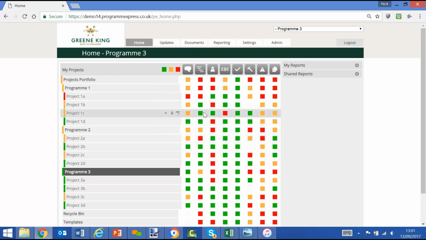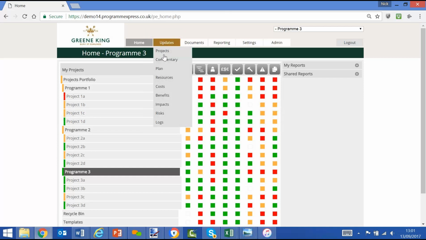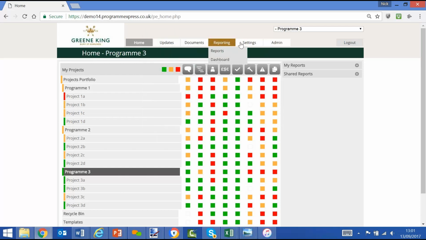Access to the projects is via one of these boxes, be they red, amber or green, or you can still use the update modules, and you will see also that all the tabs have been moved around and the screen has been refreshed to allow corporate color palettes and logos. So you'll see here the green of Greene King, and the gold that sits within the logo. So now we can bespoke all the screens to make them look like the client's